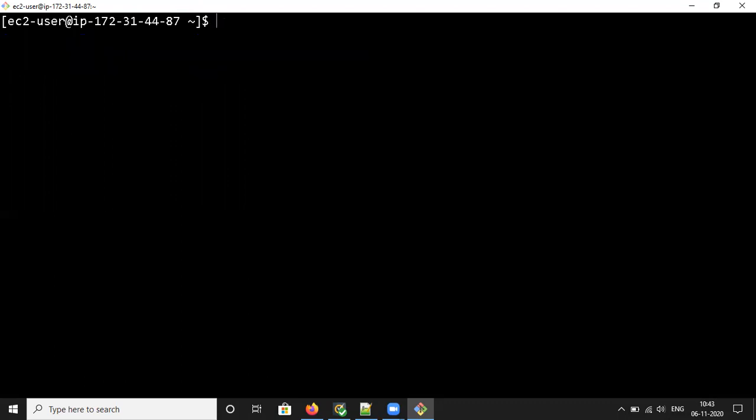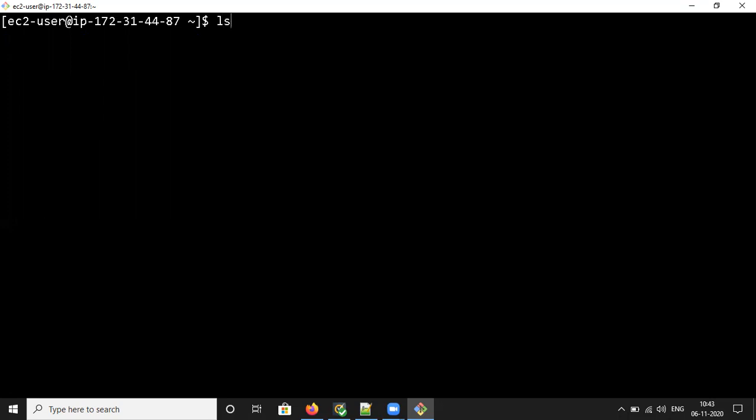Now we will discuss the ls command. What is this ls command? ls is a Linux shell command that lists the directory contents of files and directories. What does this mean? Just now we have checked the ls command.